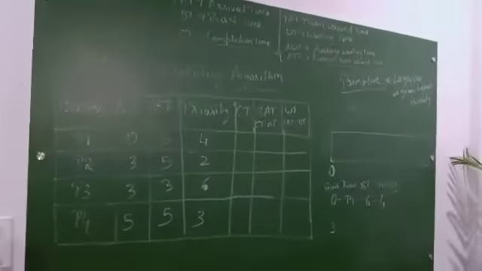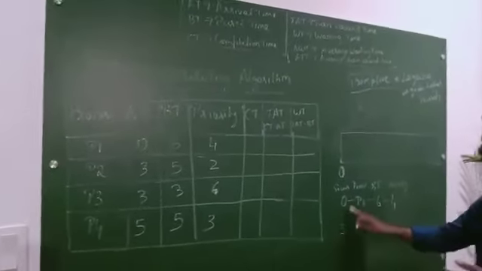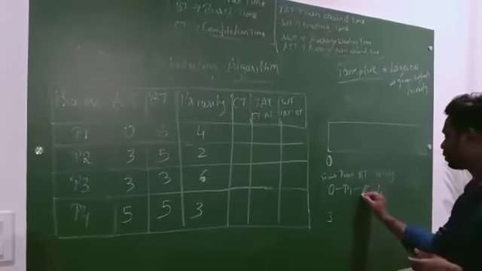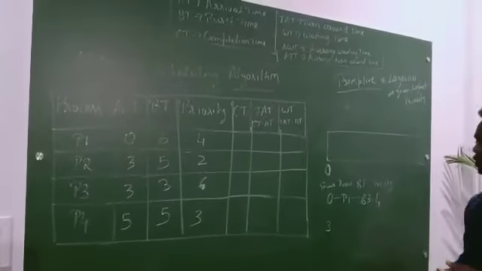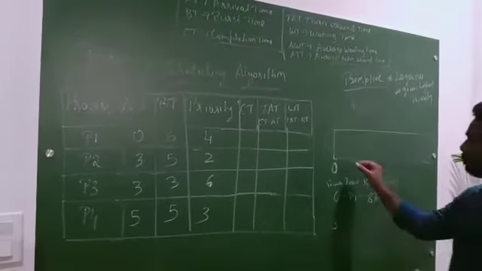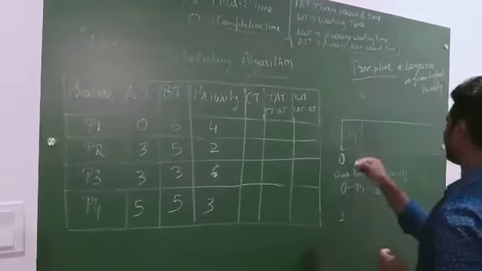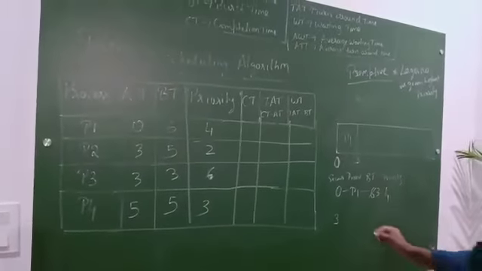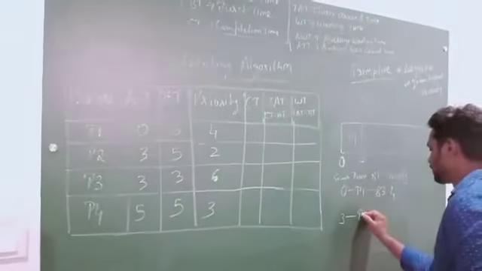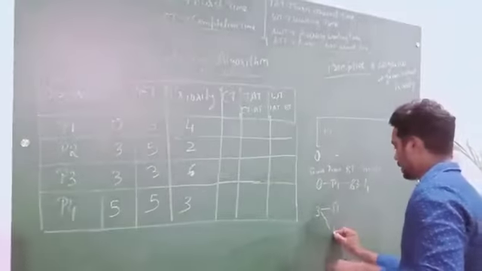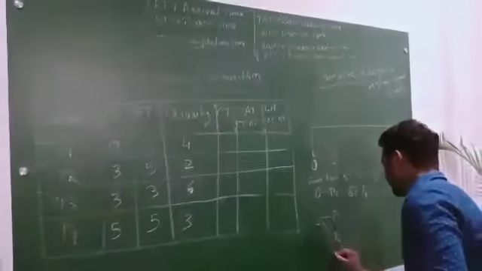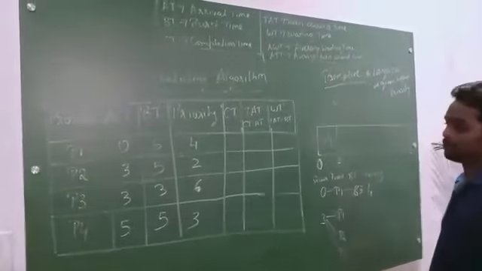If you want to make it 3 seconds, how much time it has to execute is 3 seconds. So if P1 is going to execute 3 seconds, what is left out? 3 seconds. So P1 will execute for how many seconds here? 3 seconds. Hope you are clear. Now at 3 seconds, which all process can execute? Your P1 can execute, your P2 can execute, your P3 can execute.